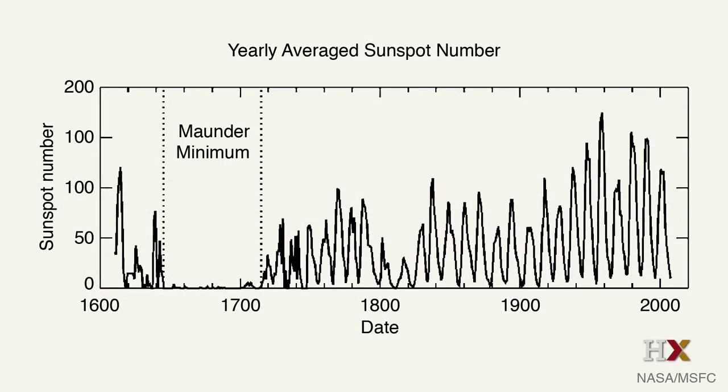Indeed, there was a period in the late 1600s called the Maunder Minimum, where we think there were very few sunspot cycles, and this resulted in a cooler sun and less solar radiation reaching the Earth, and it may be associated with a time in Europe called the Little Ice Age. Nothing like the last glacial maximum, but really a dramatic cooling in Europe that was a big deal if you were a farmer in southern Europe. We don't yet know how much of a global impact the Little Ice Age had.